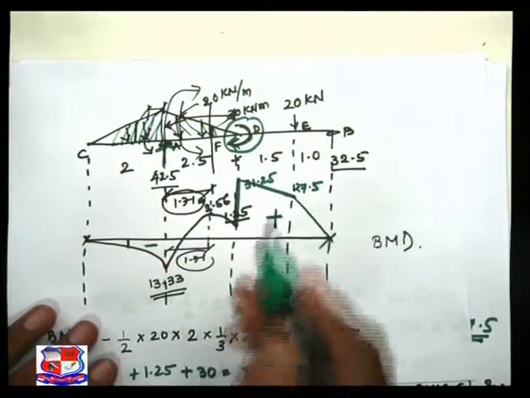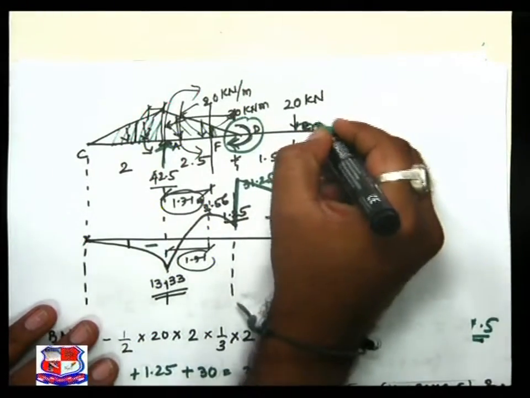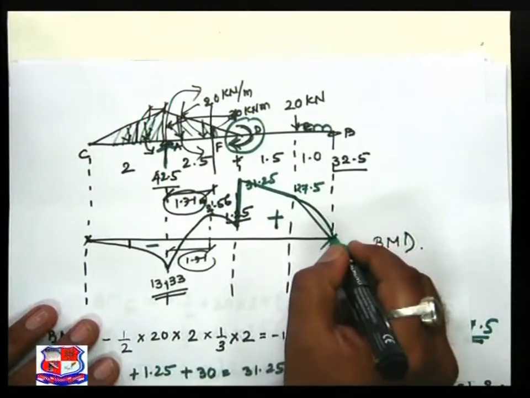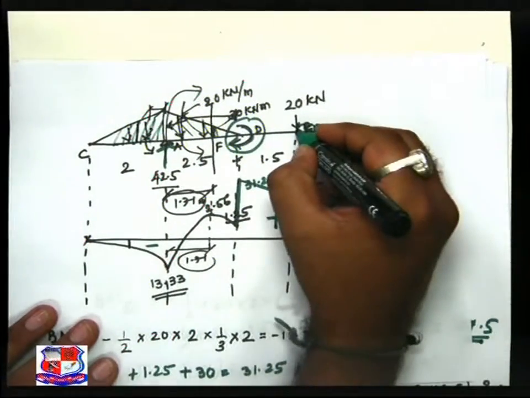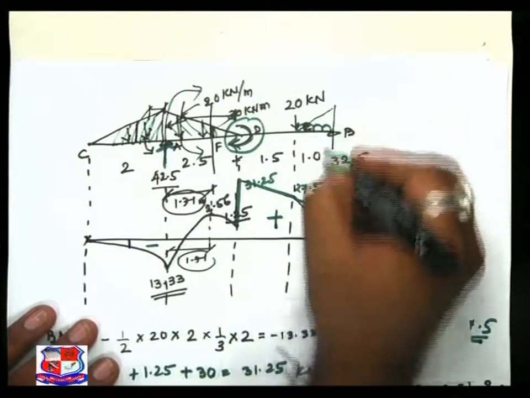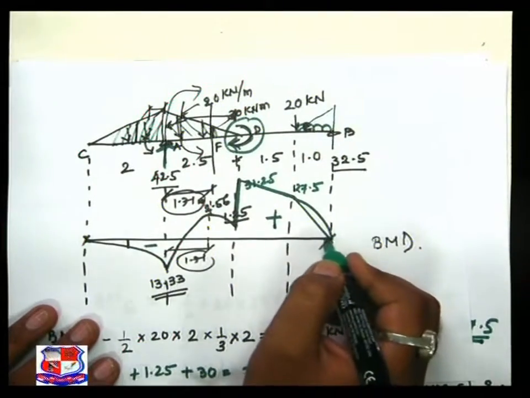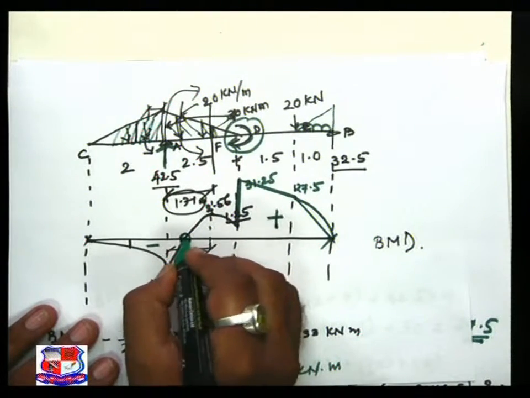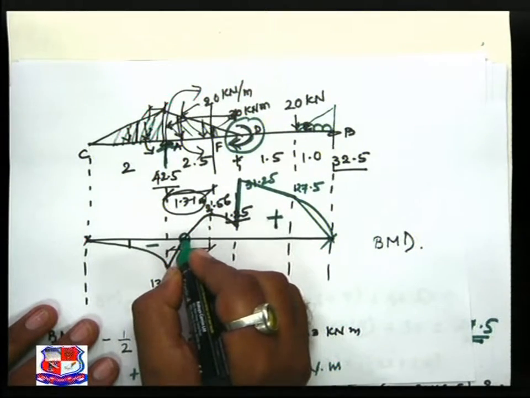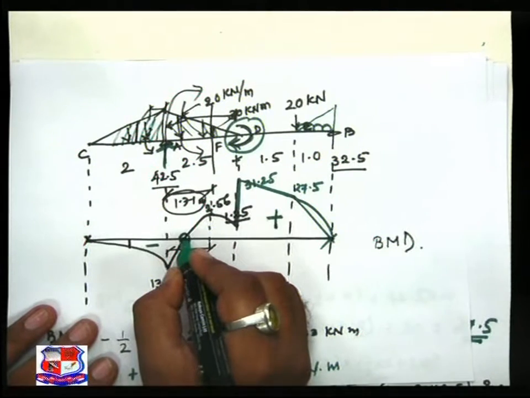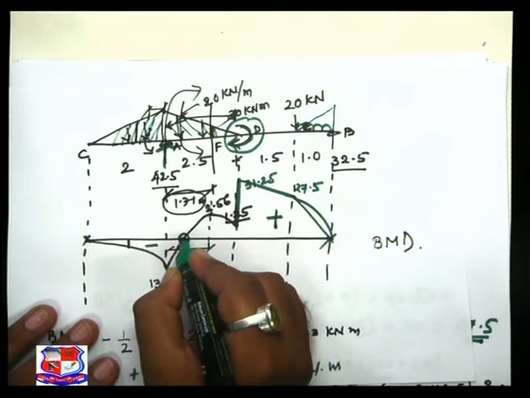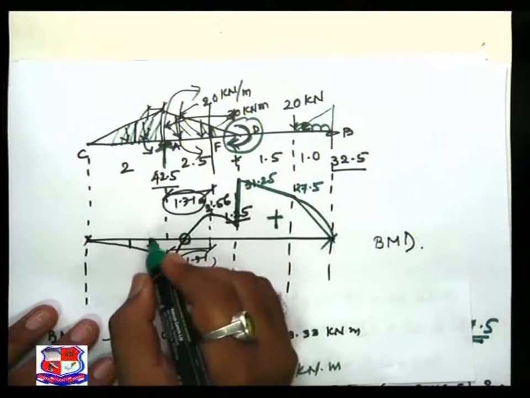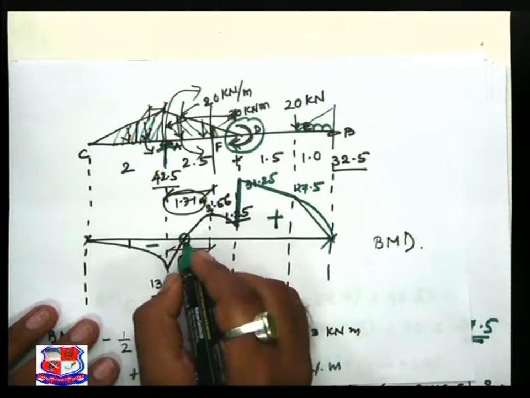In the previous case, if there was a UDL over here, then this is shown by parabolic nature. If there is a UVL, we can achieve a cubic parabola. Now please refer to this point. What is this point? The point at which the bending moment diagram changes from negative to positive or positive to negative, this point is known as